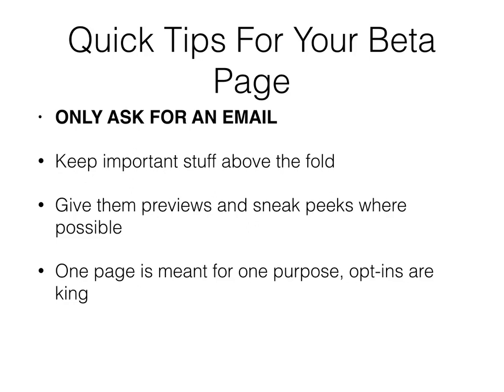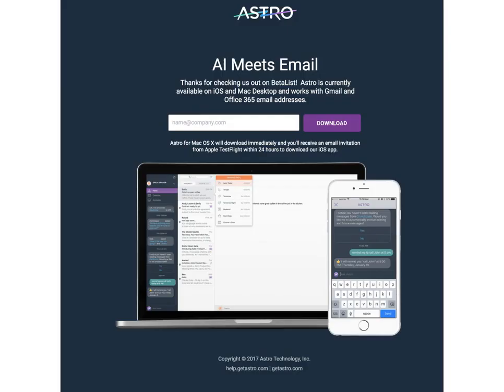Keep your important stuff above the fold. Now, what above the fold means, let me go back to Astro over here. You can see this one screenshot. Basically, this is all that shows, and I'm on a desktop computer. This is all that shows, with tons of extra padding and space all over the place. I just captured what was necessary. But in their case, they have everything above the fold, meaning if you load this up on a mobile phone, you're going to see this top section over here. If you load this up on a desktop, you're going to see this plus a whole bunch of other white